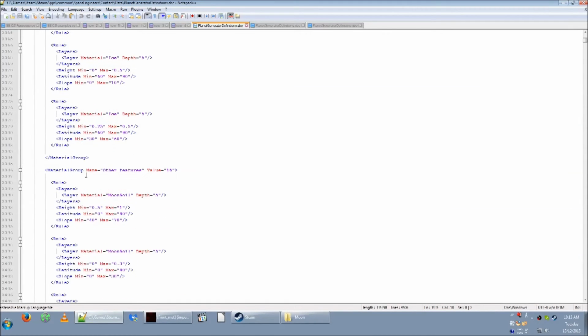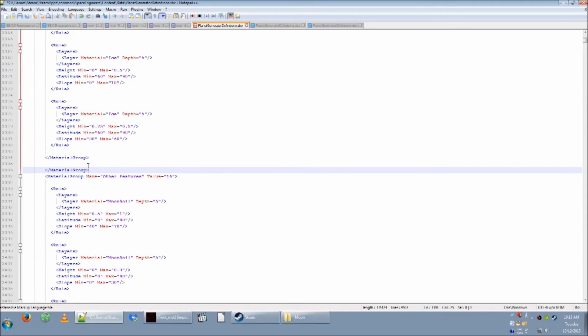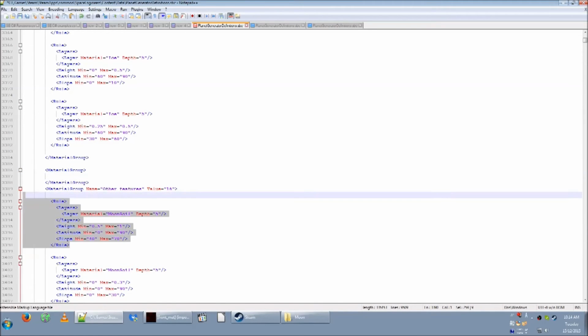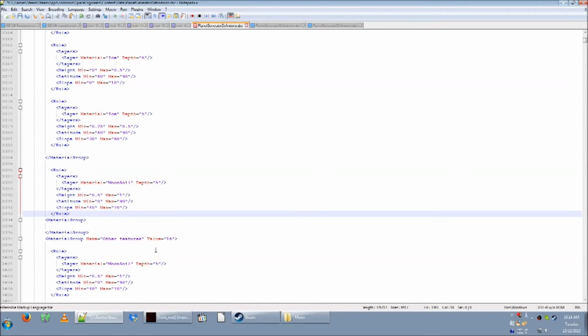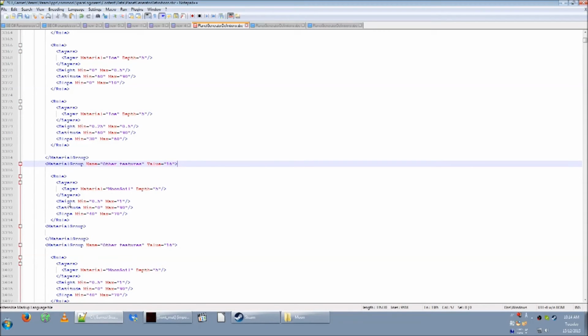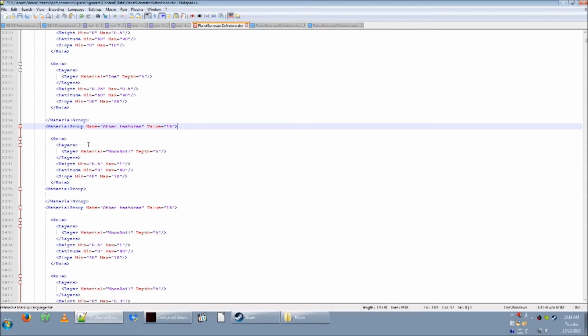So just copy the material group thing here and just put material group with a normal HTML notation kind of thing and a close thing, and then in between you can put any kind of rules that you want, and then you just put in the material group bit on here just to make that have the right name and all of that. So we can change this to my own group